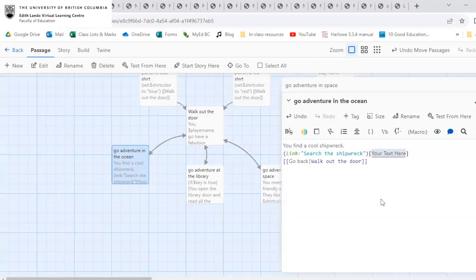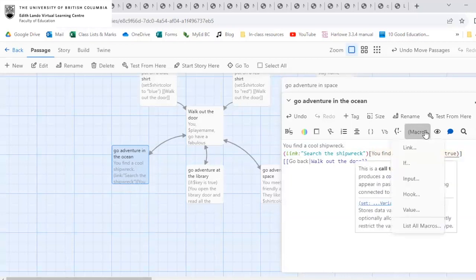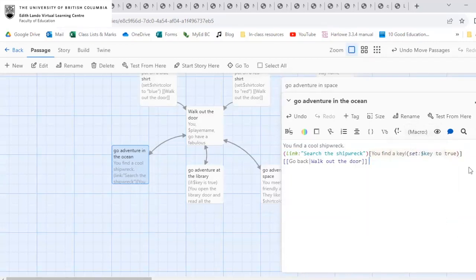Instead of your text here, we're going to say, you find a key, and we're actually going to have to put in the code to set $key to true, close bracket. And again, this is the one available within the drop-down menu. If you go to macro and then